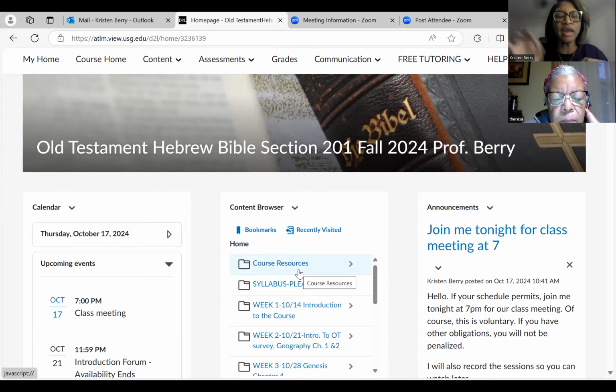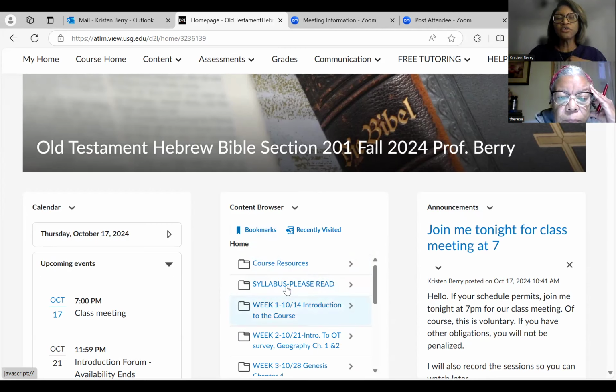And then I'll continue to build that little tab. It looks like a little folder, right? I'll continue to build that little tab throughout the semester. If I find something cool and interesting about the Old Testament, I'm going to put it in that little folder, course resources. In the second folder is the syllabus folder module, and I want you to read that. If you want to download it and save it to your computer or print it out, that's really good to do. We'll take a look at the syllabus in just a second.